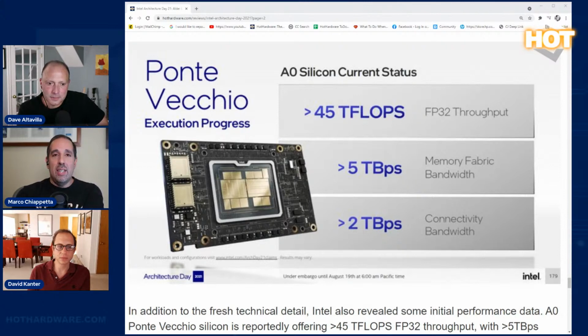It's amazing. Let's talk about this amazing processor. Here's the bring up A0 silicon throughput currently, and it's going to get better because A0 is really early in the game. What are the applications for this that you see? Is it machine learning training? HPC, big data analytics? Where do you see this thing really making a market impact, Dave?